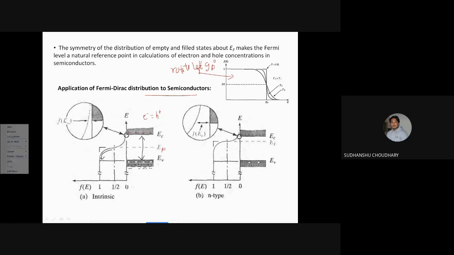And if you go further down the valence band edge, that is more lower energies. So at more lower energies, you see that the Fermi distribution function is 1. The probability of finding an electron is 1 and hole is 0. So all the lower states are occupied by electrons, and holes are only present at the edge of the valence band. Similarly, the electrons in the conduction band.